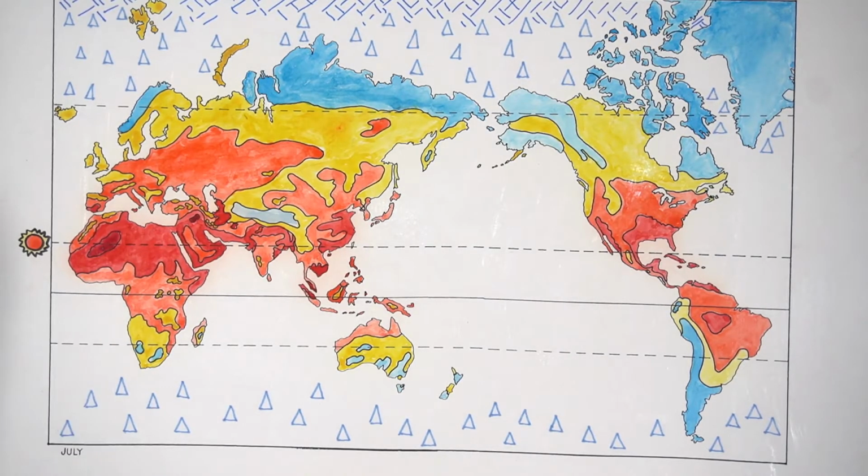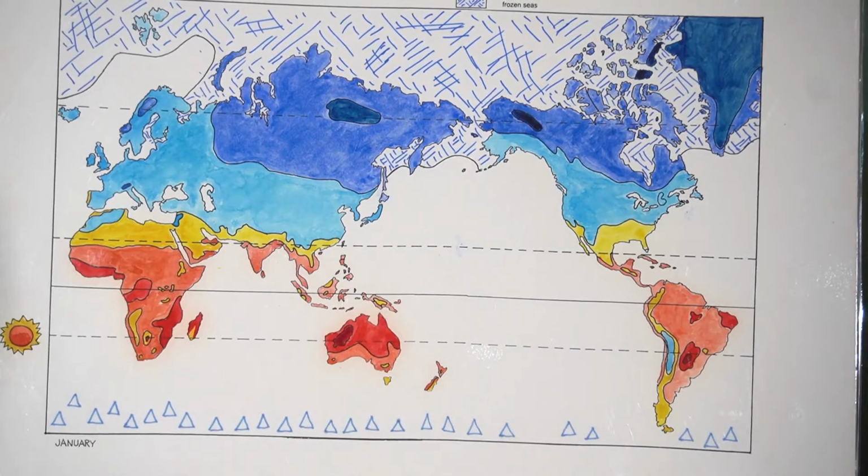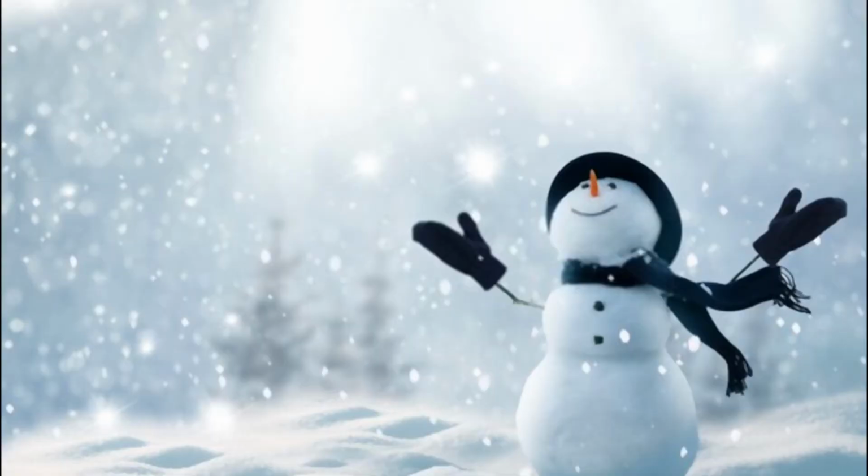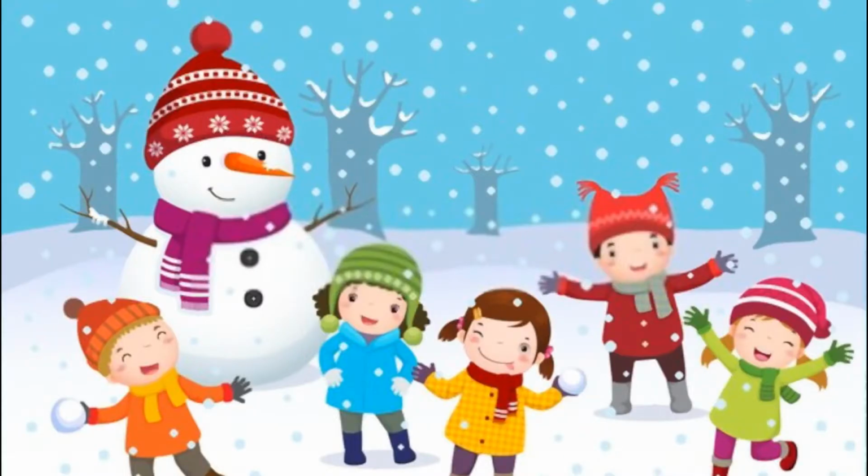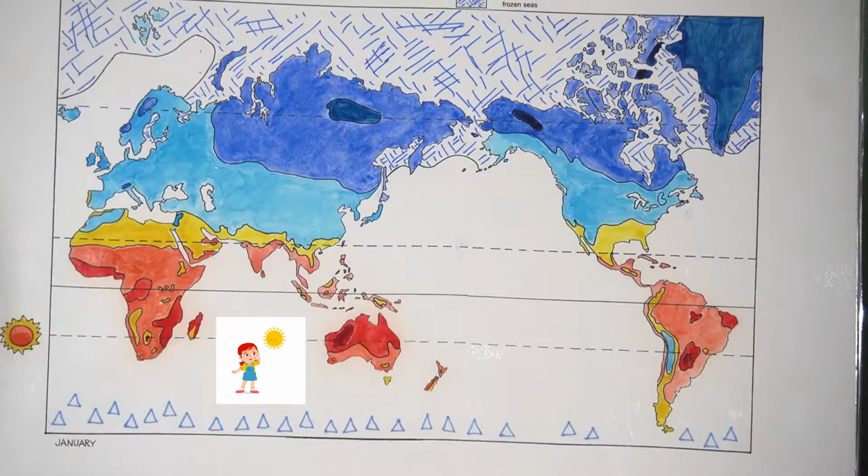Now let's look at another chart. In this chart, the perpendicular rays of the sun are right here at the Tropic of Capricorn. Now it is winter in the northern hemisphere, while it's summer in the southern hemisphere. Now let's see if we can find some of the hottest places on the earth around here. You can see here Australia, it's quite hot, because that is understandable because the perpendicular rays are right here at the Tropic of Capricorn. And here